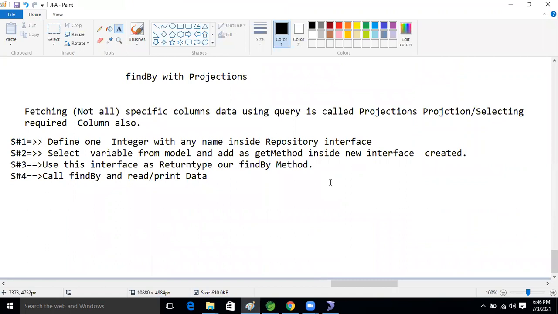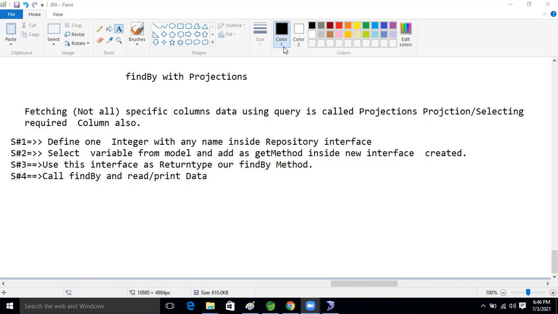Till now, anyone having any doubt? Let me know, guys. Yes, Ravi, you have some doubts. If we want some different fields, then we should declare another inner interface inside our repository itself.